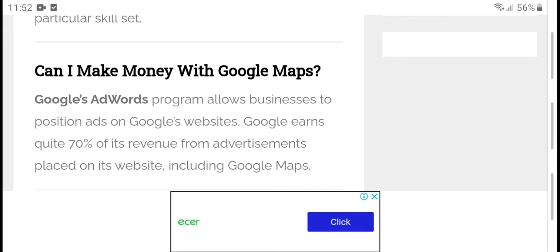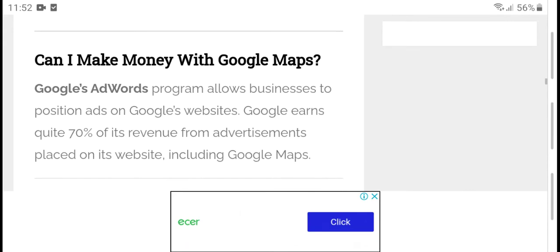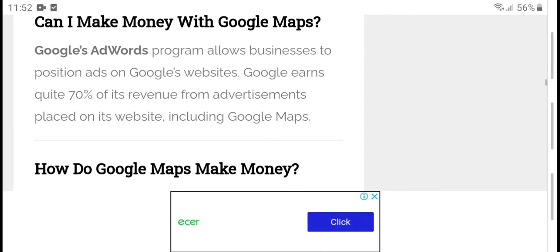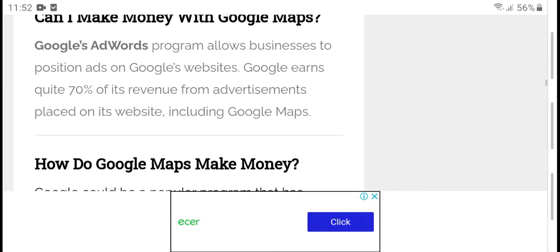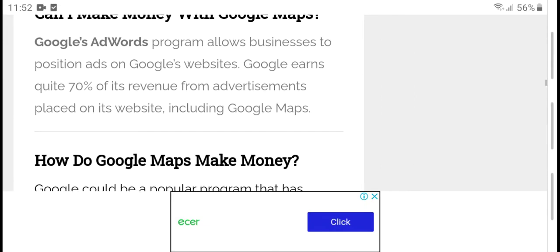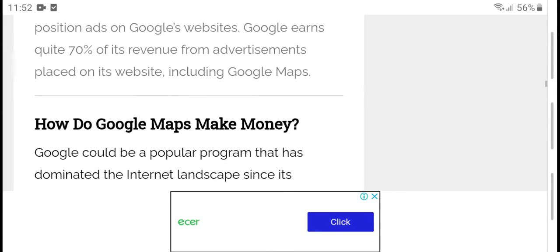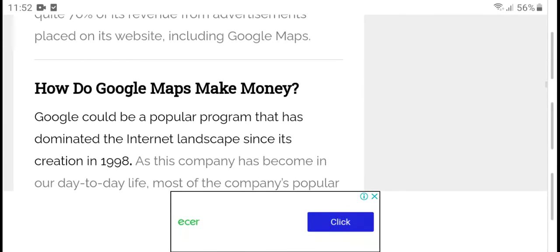Can I make money with Google Maps? The Google AdWords program allows business websites to place ads and earn quickly, with a share of revenue from advertisements placed on its website, including Google Maps. How does Google make money?